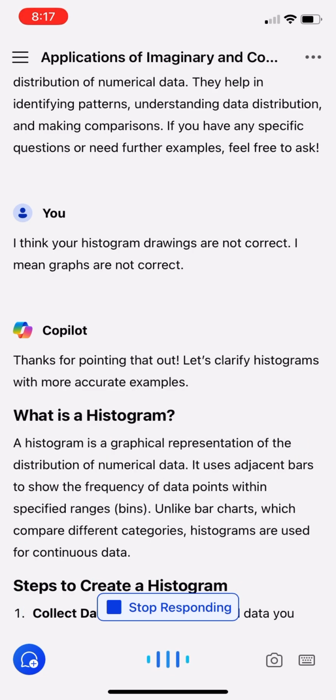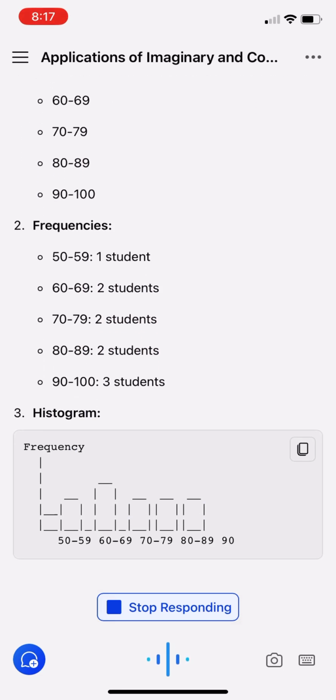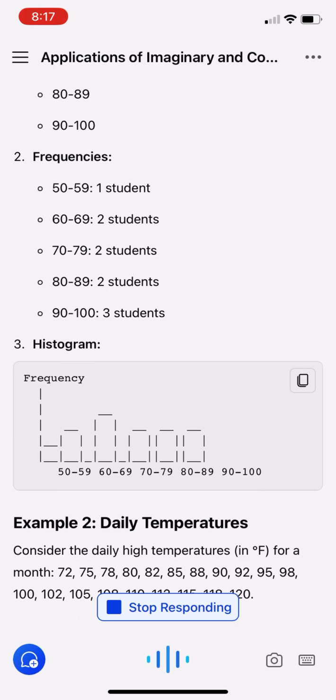Thanks for pointing that out. Let's clarify histograms with more accurate examples. What is a histogram? A histogram is a graphical representation of the